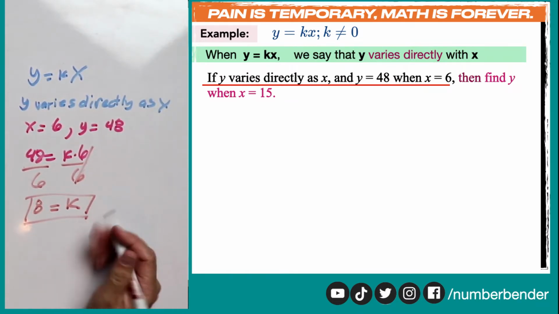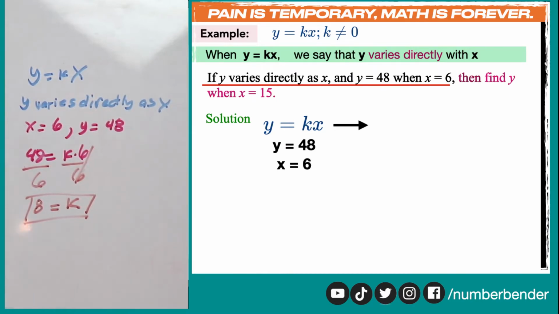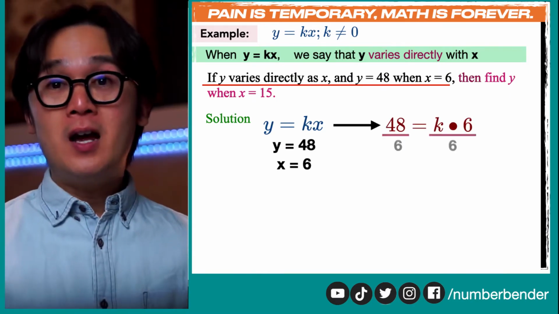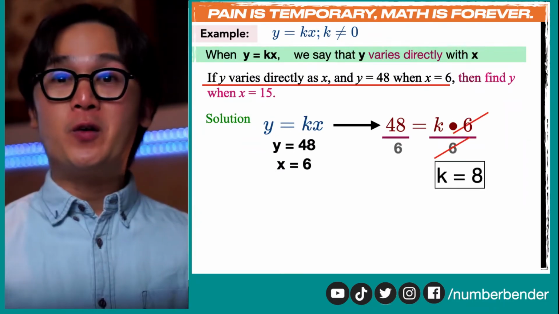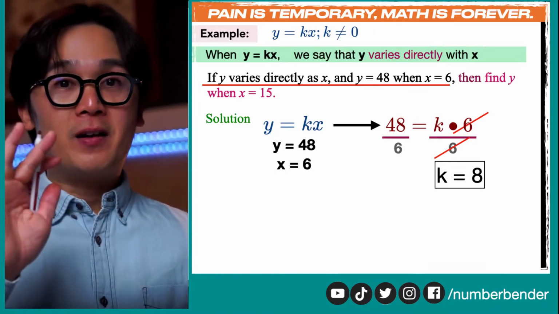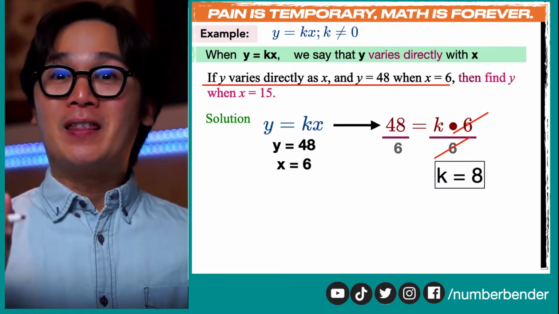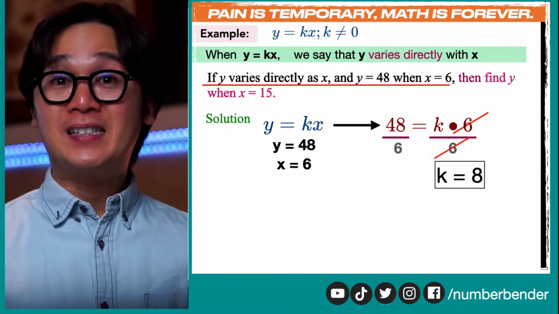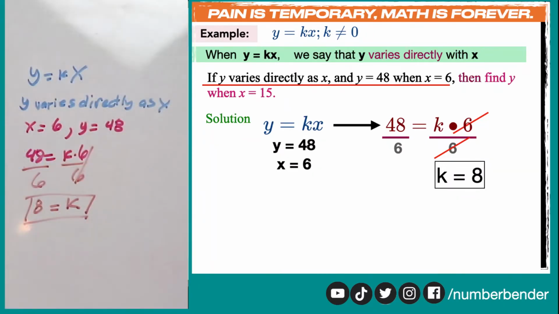So now that we have our constant variation by using the formula y is equal to kx, where y is 48 and x is equal to 6, all we need to do is to plug it into the formula, solve for k, and make sure that you know your multiplication table so that you would know that k is equal to 8 because 48 divided by 6 is equal to 8. But wait, there's more because we need to find the specific value of y when x is equal to 15 based on this problem. So what we're going to do is we're going to process our equation once again, and this time